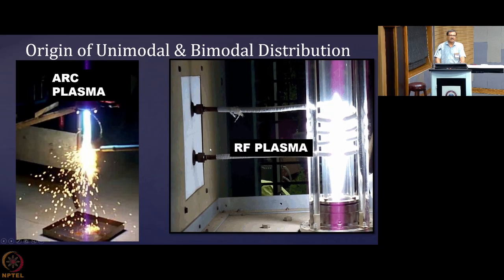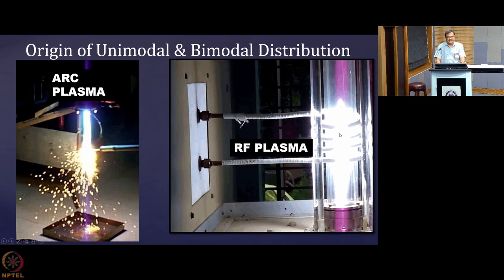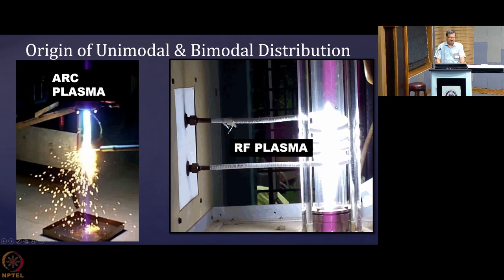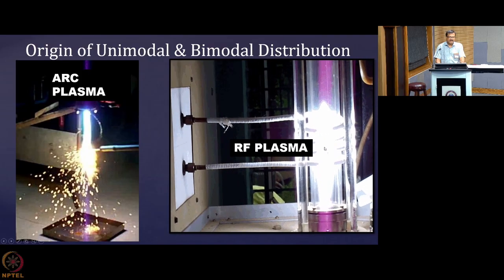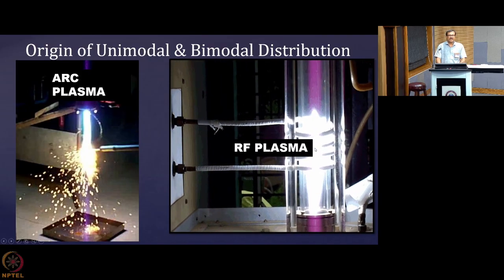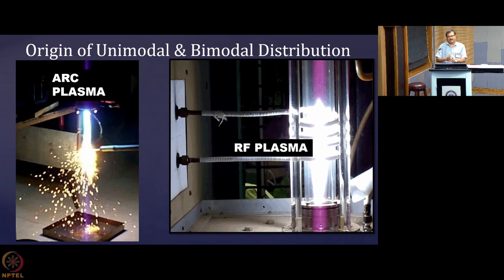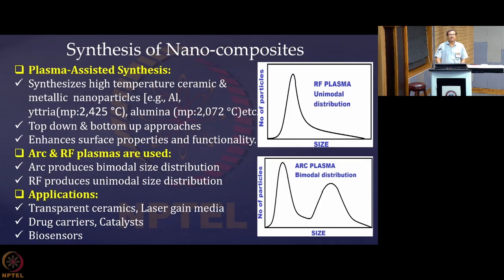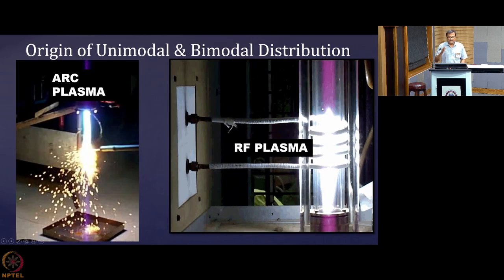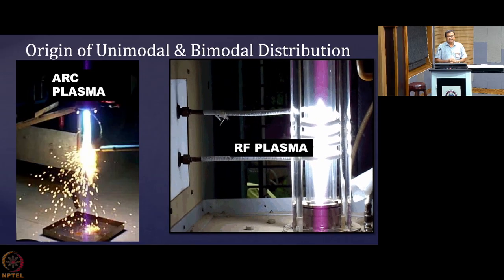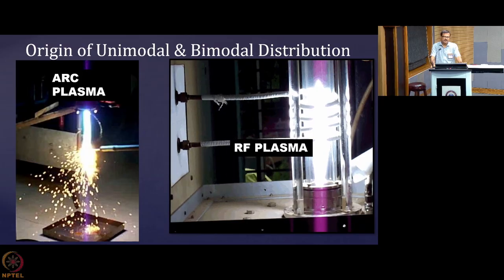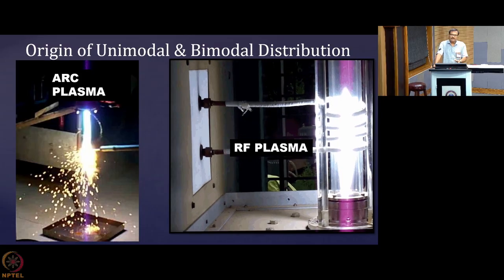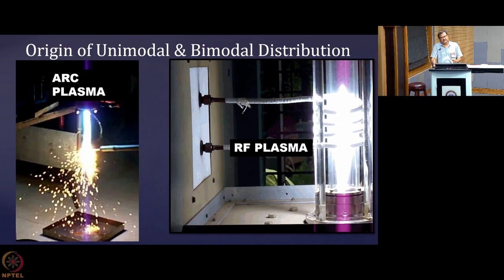So you are getting a single size distribution, because here you see that the temperature in the radial direction as well as in the axial direction, you are feeding the particles on the top, they are getting evaporated over here and then they are nucleating and coming down. So they are getting more or less equal gradient in both radial and axial directions, and that is why they are producing a unimodal distribution. Of course, if you are using a quenching from the radial side, this may result in some different aspects, but typically in your RA plasma system, you are getting a unimodal kind of distribution.